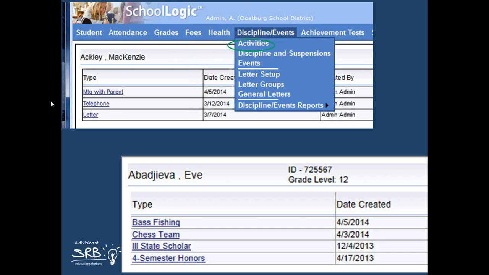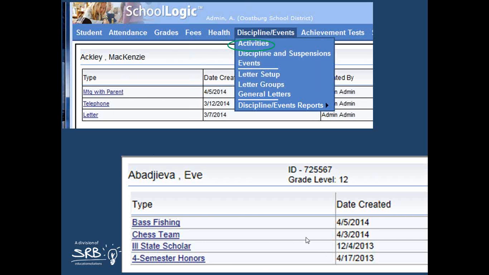Now, I talked a minute ago about kind of a series of steps here. First we send a letter home on 3/7, then we end up telephoning the parent a few days later, and then a couple weeks later we meet with the parent. Well, most schools have a series of steps, right? You got a little book, little game plan you follow. So this might be how this school is using activities.